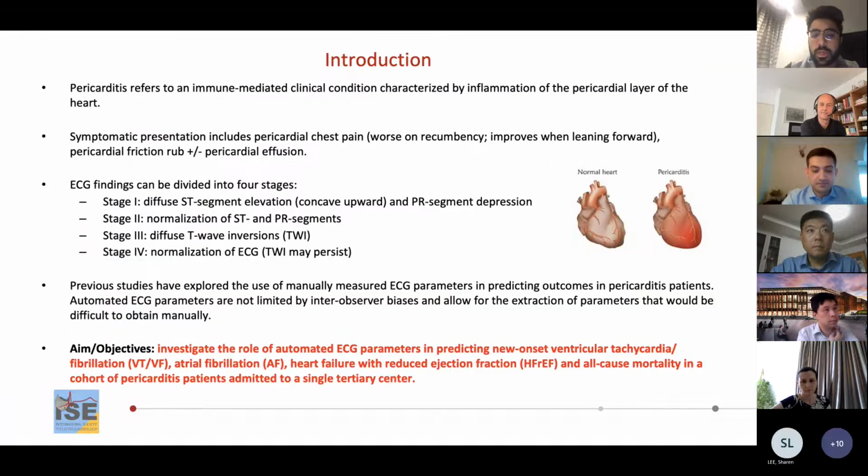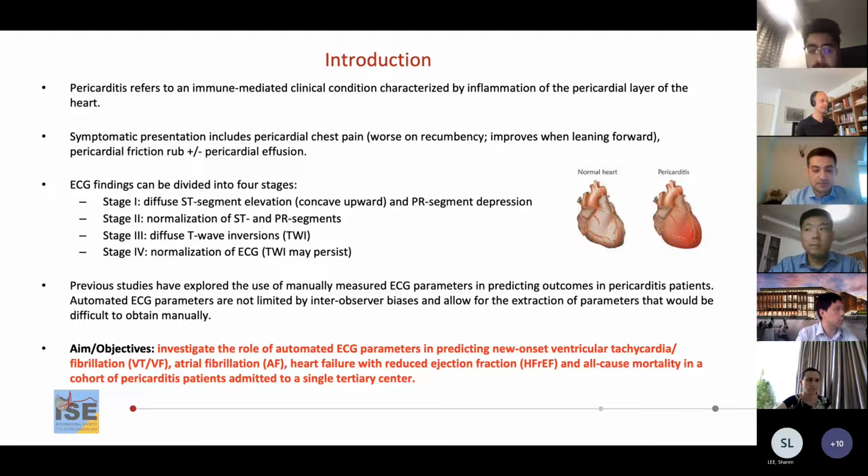So acute pericarditis is an inflammation of the pericardial layer of the heart. It's an immune-mediated clinical condition that is often unrecognized and associated with numerous complications. Etiologically speaking, pericarditis can be divided into infectious causes, which primarily include viral, but also bacterial, fungal, and parasitic species, as well as non-infectious causes, including metastatic malignancy, connective tissue diseases like lupus or rheumatoid arthritis, as well as other